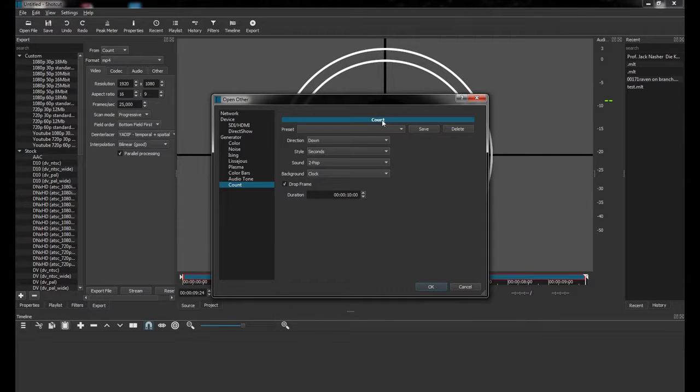Okay, so well, this was the count. Let's go to the audio tone. This is going to create a tone that is constantly at a specific frequency. We can change the audio level, and I'm going to make it a bit quieter because this can turn out pretty loud. And we can change the frequency. I'm going to leave it at 1000 Hertz. I'm going to hit OK and it's going to generate this tone,